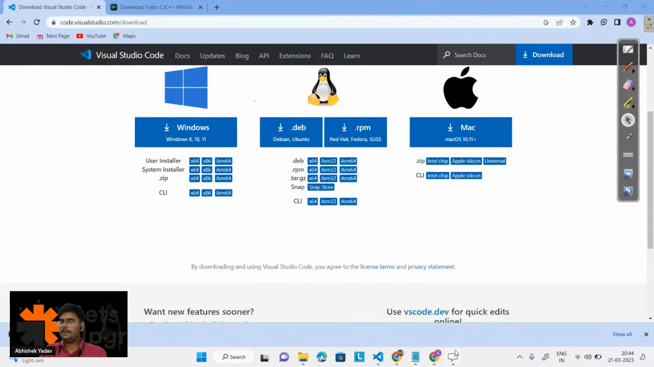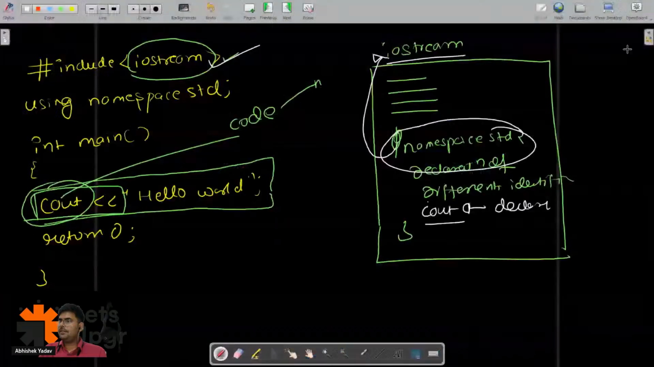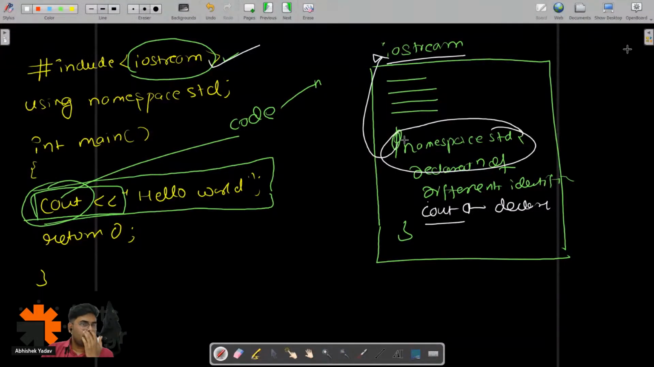Okay, yeah. So till this point, everyone is clear, right? Anyone has any doubt till this point? Tell me about the using namespace. Yeah. So basically here,